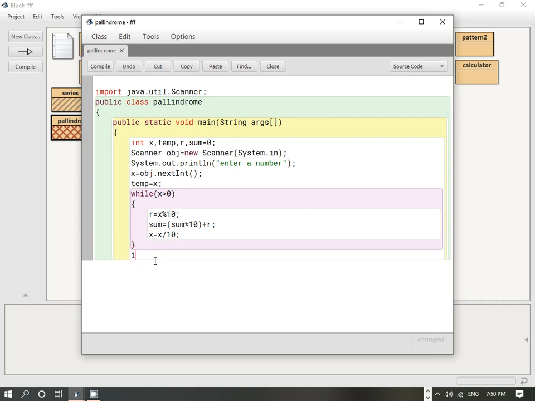Then we compare the value: if temp equals sum, if the sum we are getting over here and the value which is stored in temp are same, then System.out.println x is a palindrome number.